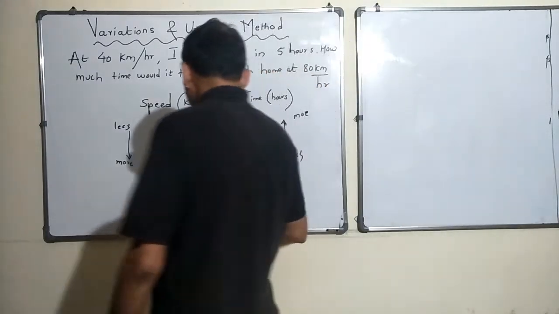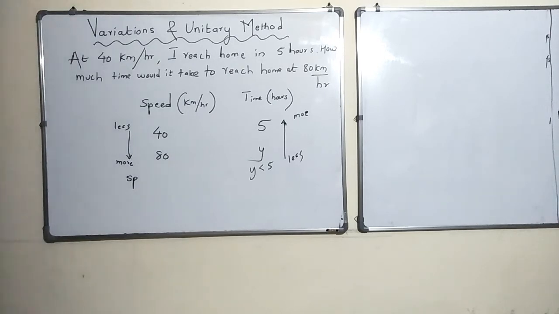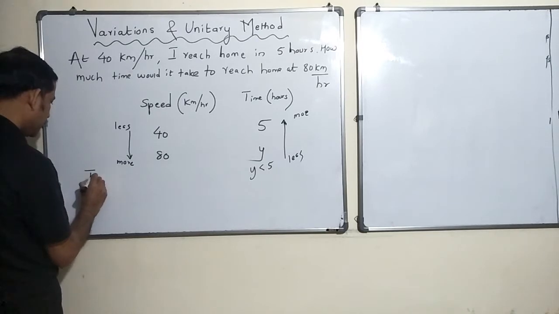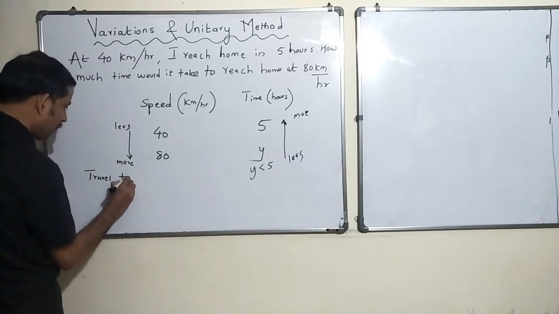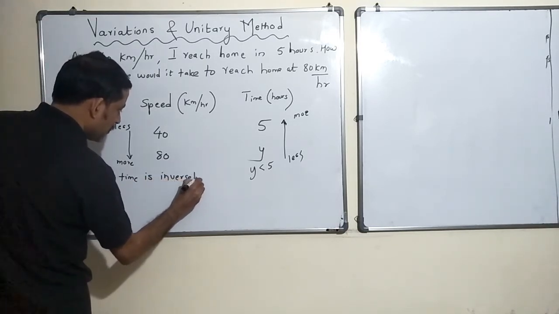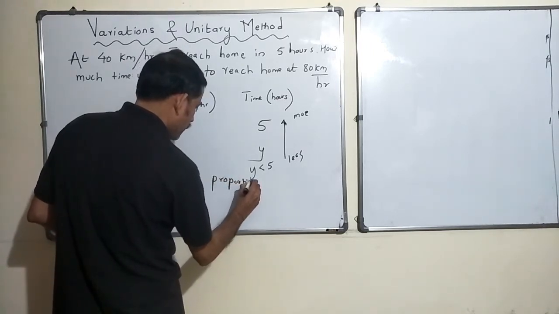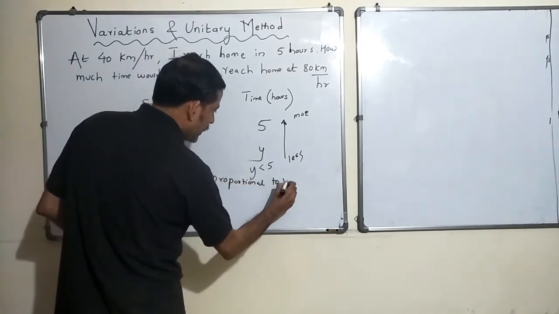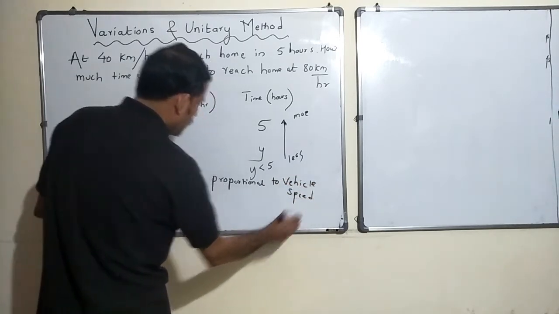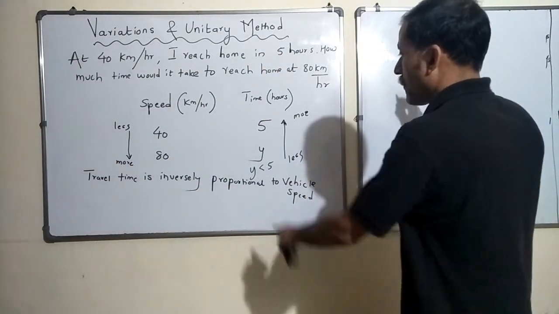So if that is the case, time taken is inversely proportional to speed. More the speed, less the time taken. Travel time is inversely proportional to vehicle speed. Correct? All right. So if it is inversely proportional to vehicle speed, we will write down